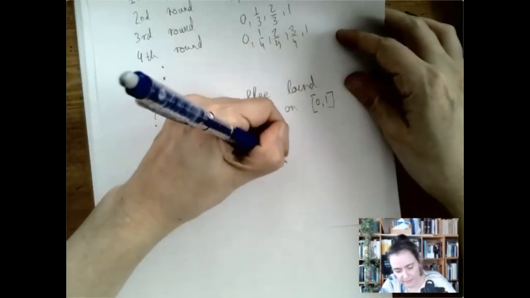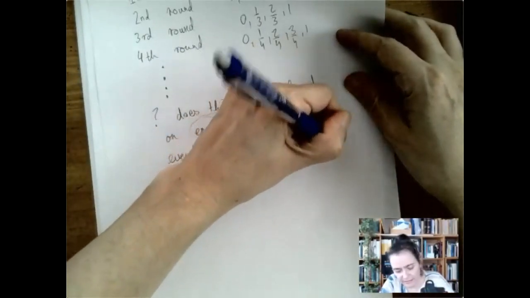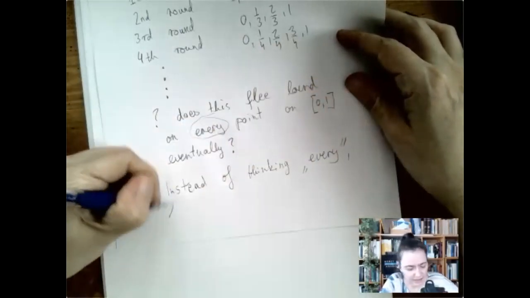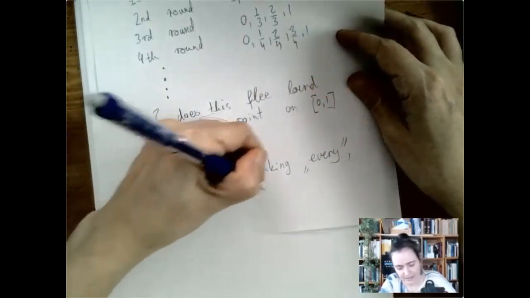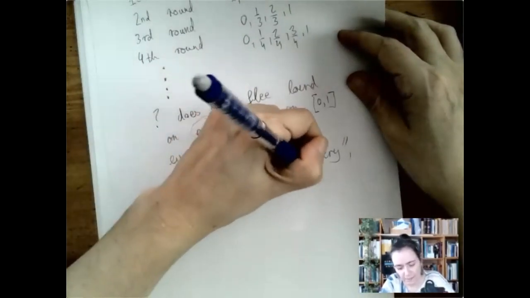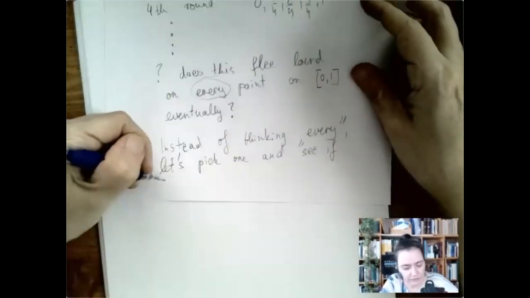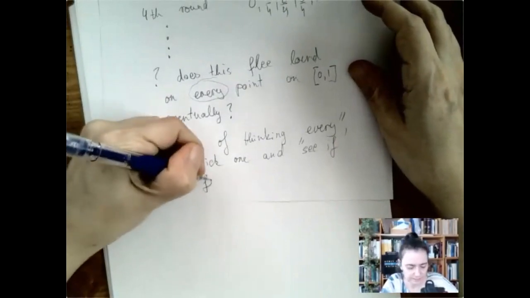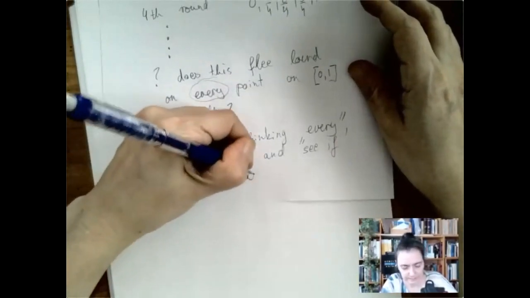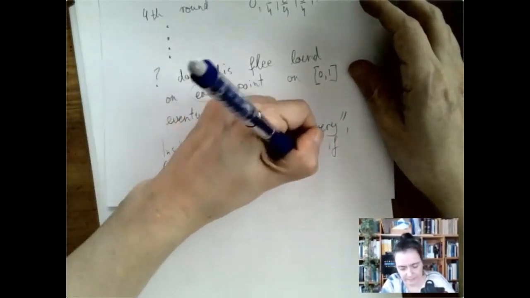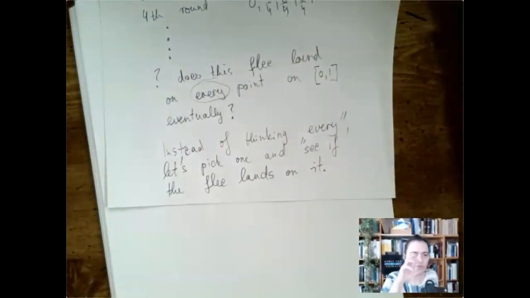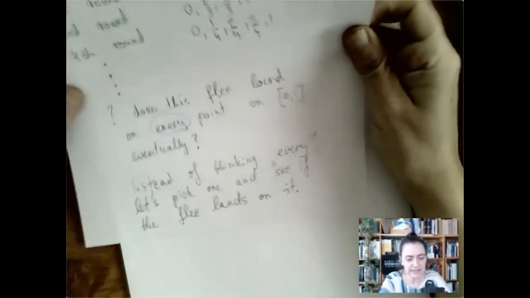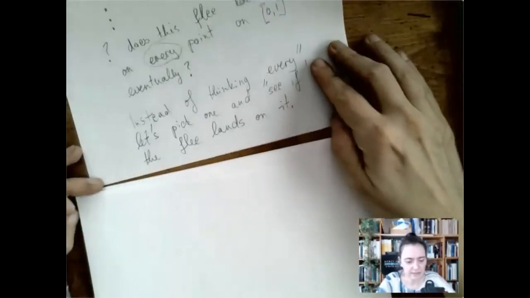So instead of thinking about every point, let's pick one and see if the flea lands on it. Or what kind of number? So you want to focus on one fixed number. And if you want to make it really nasty, you could say, well,